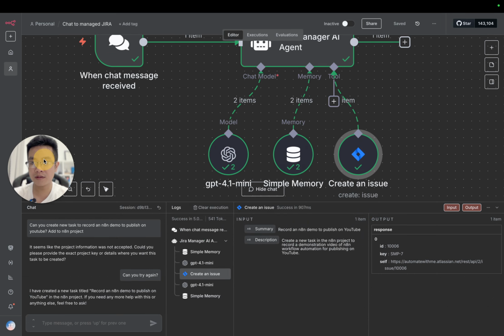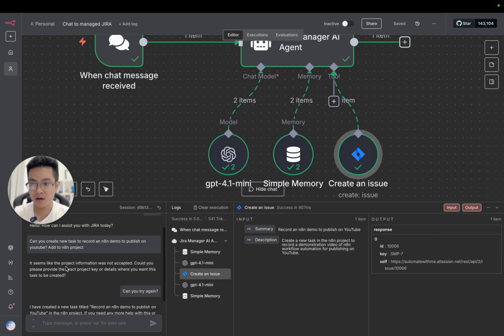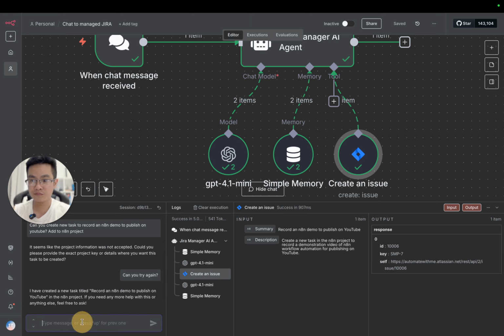So I can have a quick demo. Can you add another issue to tracking? Remind me to design new logo for Automate with Me. Same project.